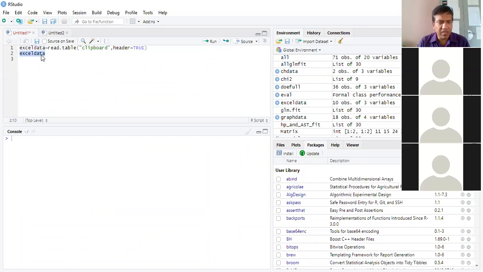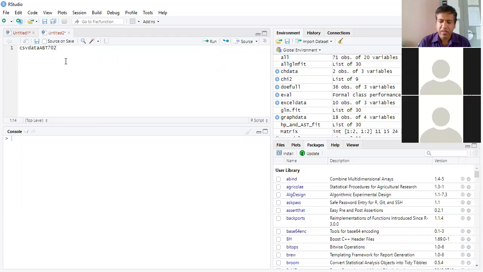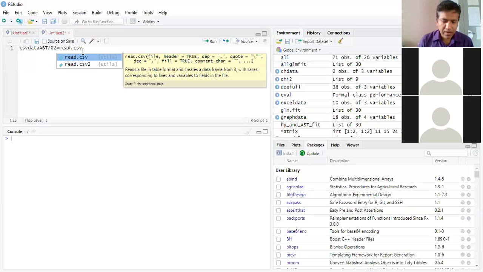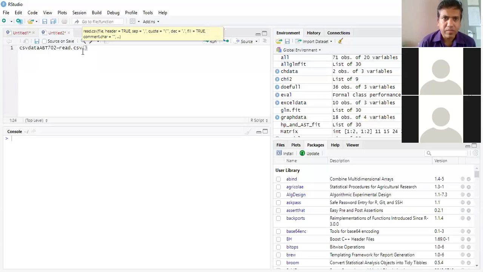Earlier the data I named as Excel data, so let me name this new data that I'll get from CSV. I call it CSV data ABT 702 is equal to. Now the earlier command was read.table because we just copied it. In this case, it is read.csv, all small letters. Read.csv. Then put